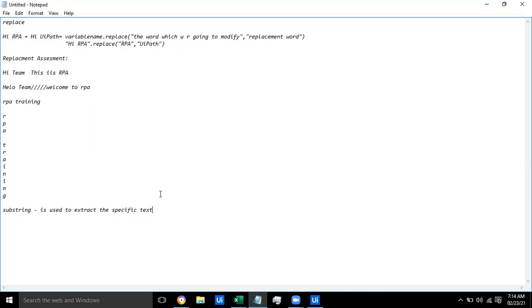So what do you mean by extracting specific text, guys? What do you mean by indexing? What do you mean by memory index? In an array, we call it a memory index, right? What do you mean by memory index, and how does it start? It's the address where it is stored. Okay, the address where it is stored. And how can we call that?